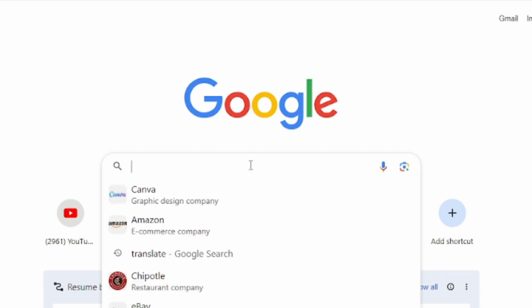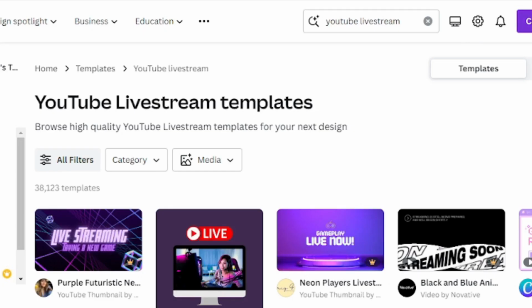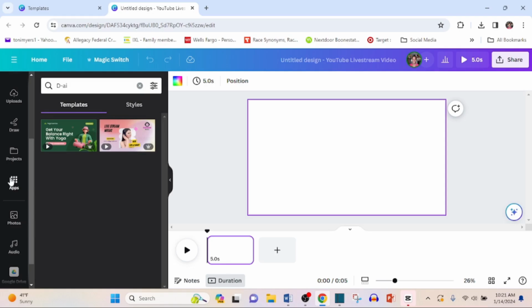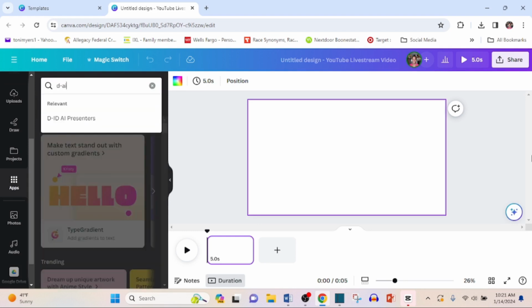In Google, I'm going to type in Canva, go to create, select YouTube live stream, find apps, type in D-AI,